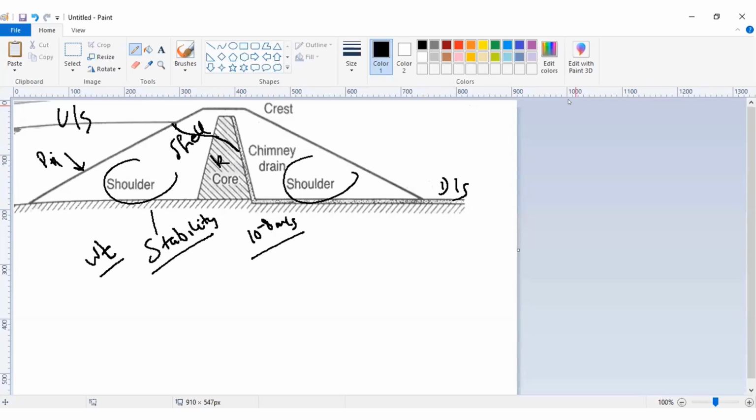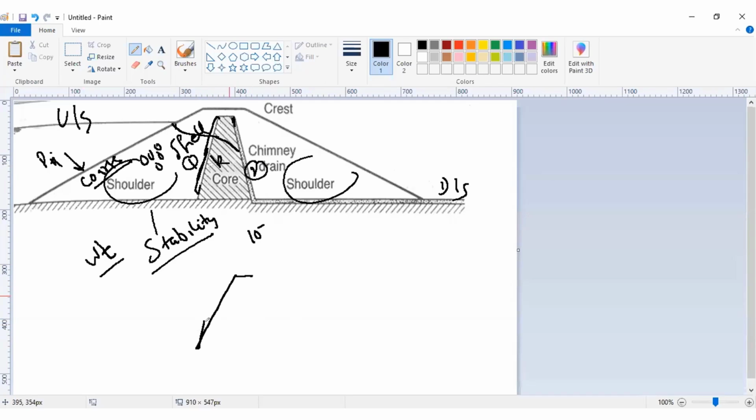Now let us see. You can see here the filter media is provided on this side, on the downstream side, not on the upstream side. Can you understand the reason why it is not provided on this side? Because you know that this shell material is a coarse material, and it has large particles. If I compare this side and this side, I will explain why it is not done. So if you see the left hand side, you can see here this is the core,